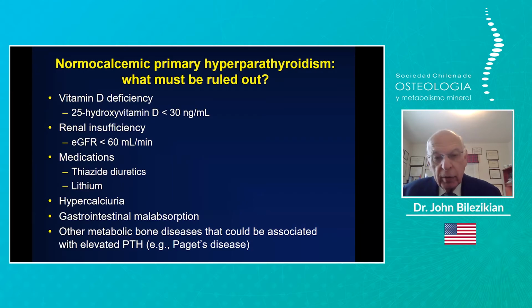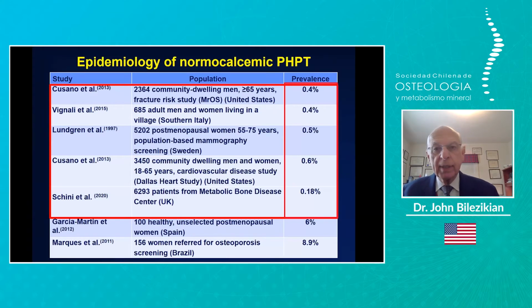We also should note that the drug we use for osteoporosis, denosumab, can also be associated with a high PTH level. But we typically rule these situations out, and we're left with this condition that we now call normocalcemic primary